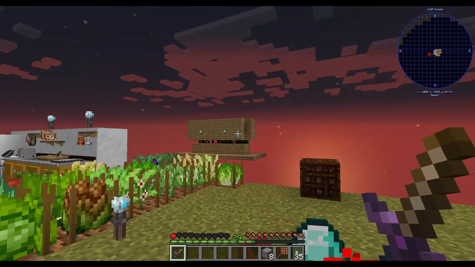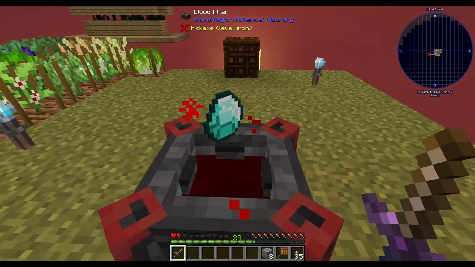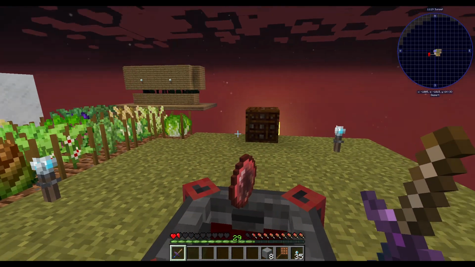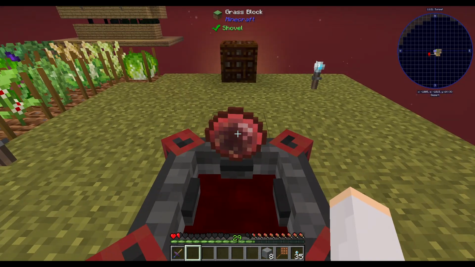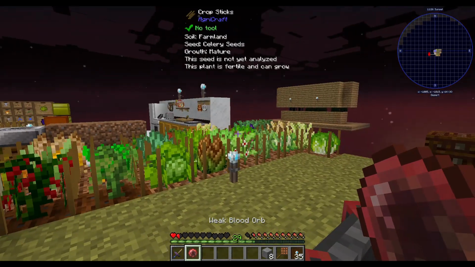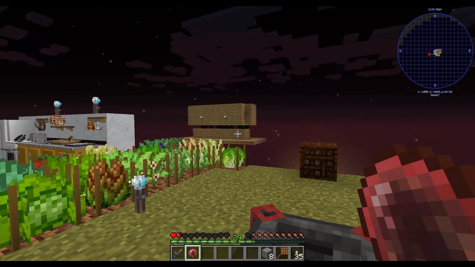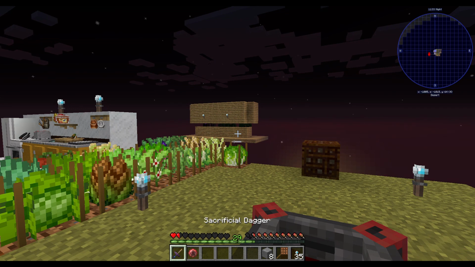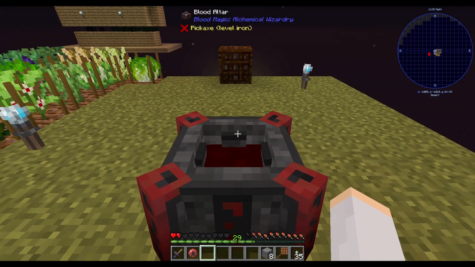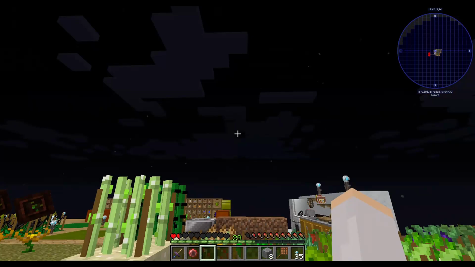I did see on the Discord for this mod pack that someone put their altar underneath their mob farm and used a sacrificial rune. I think I'll have to look more into it, but how do I get it out? There we go. Weak blood orb. And so that they were using the blood from the mobs that they killed instead of constantly stabbing themselves with the sacrificial dagger. So I'm going to be looking into that for sure, and looking into getting my base moved